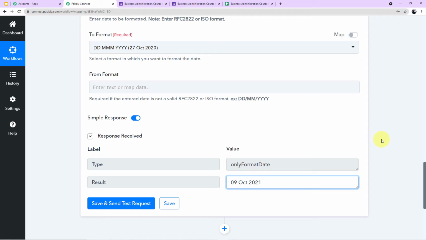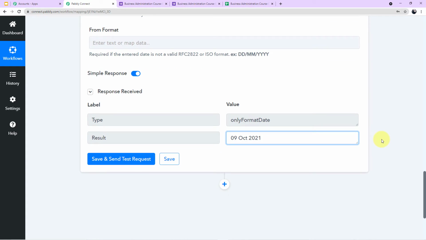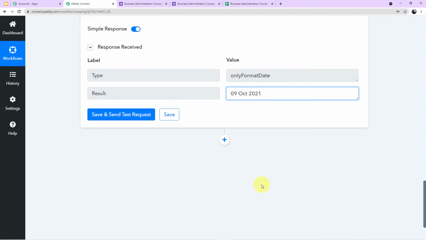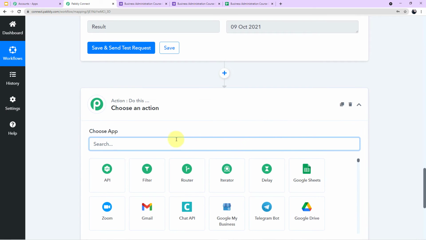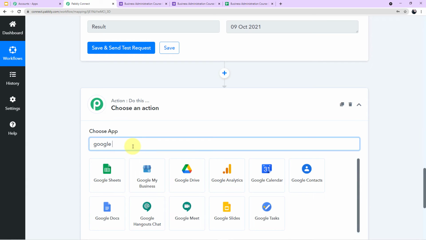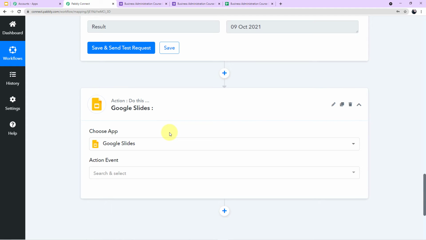Now we will hop on to our third step, which is integration of Google Slides. Now once again, why are we integrating Google Slides? Because we have created the certificate for our students in Google Slides. So it is important to integrate Google Slides with Pabbly Connect. For that, we have to click this plus sign, come down to your next application, click on the search field, and here you have to search for Google Slides. As you can see on my screen, I'll click this.